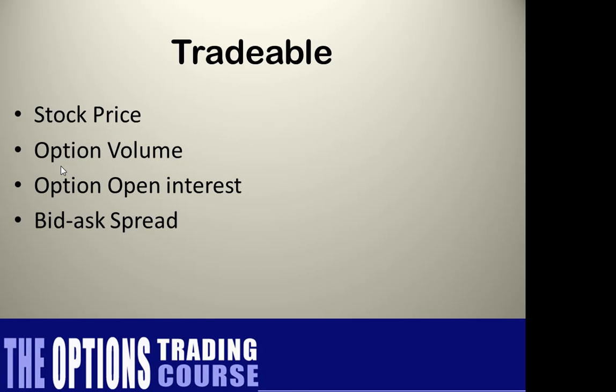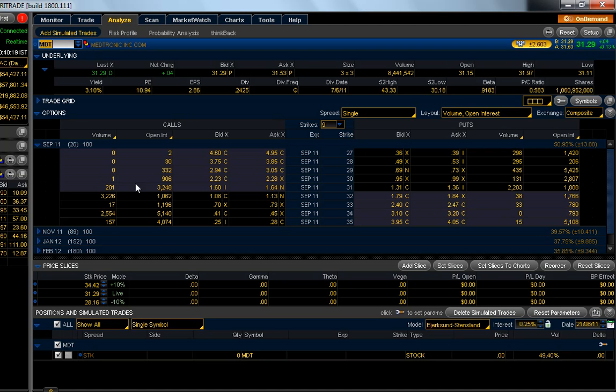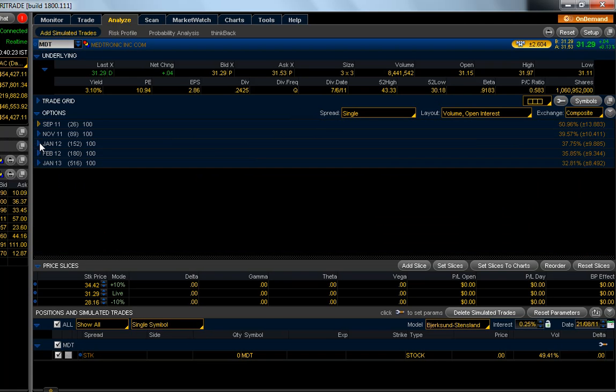The next thing we want to look at is option volume and open interest of the options. Okay, we're talking about options here. So you can see this is the option chain for Medtronic. You can see also that the implied volatility